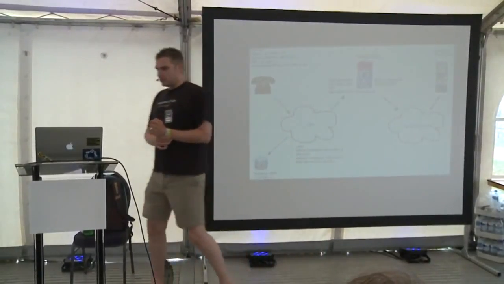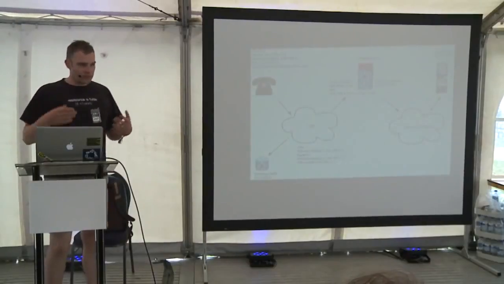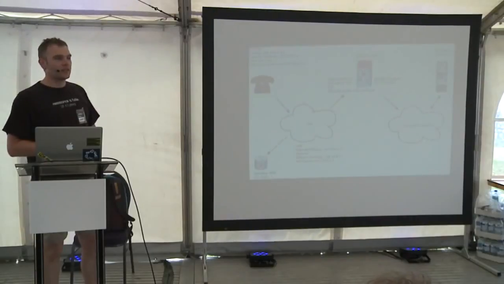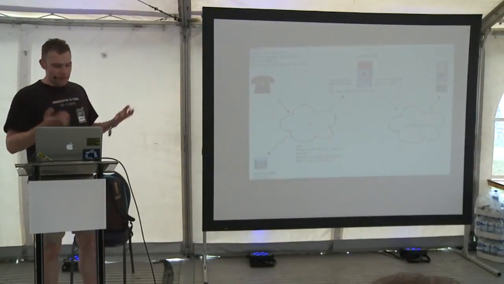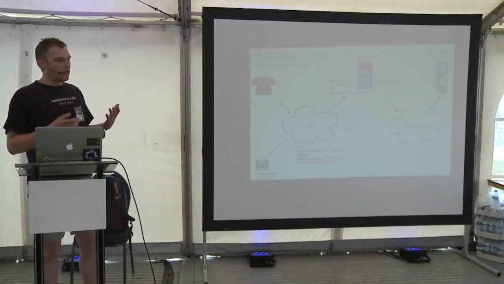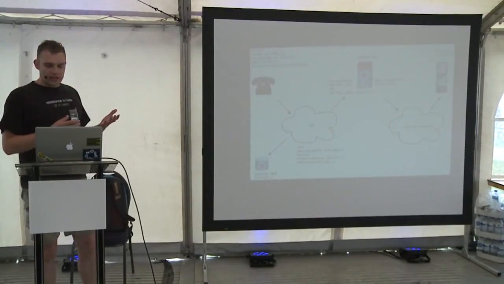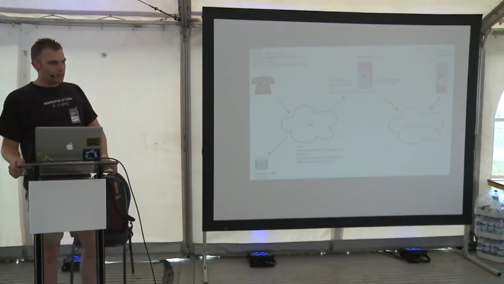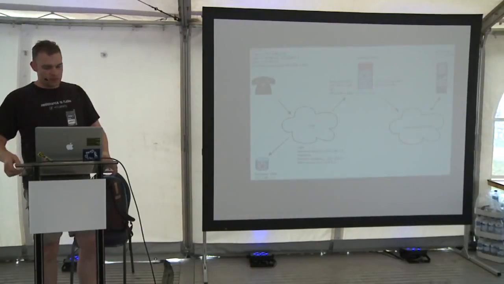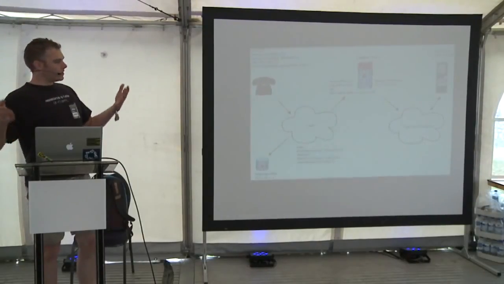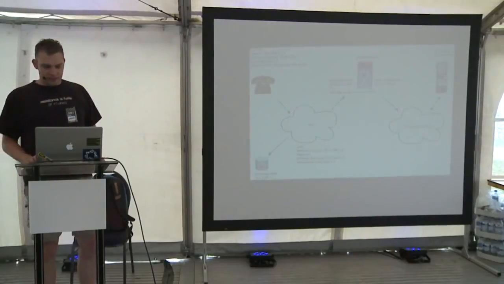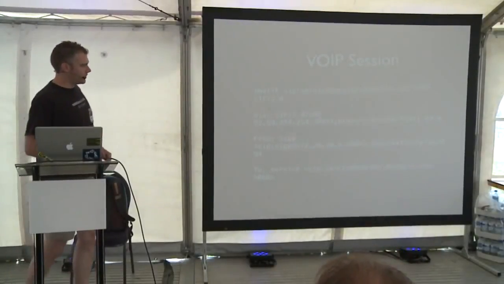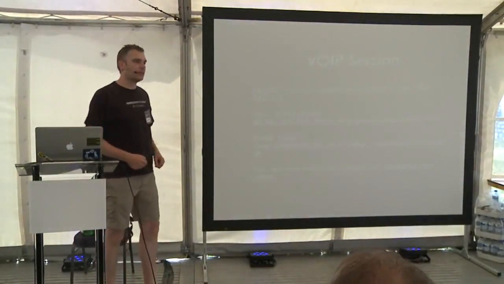I actually found this out here at home when we talked to the KPN engineers, because they were also here. We got together and started looking at what's going on. Why are we seeing these kinds of things? Why is it that the UDP packets are not coming out at the other end? Since we were both here, we sat down together and tried to debug the issue. In the end, we found out that if you do a VoIP session, then it does get through.